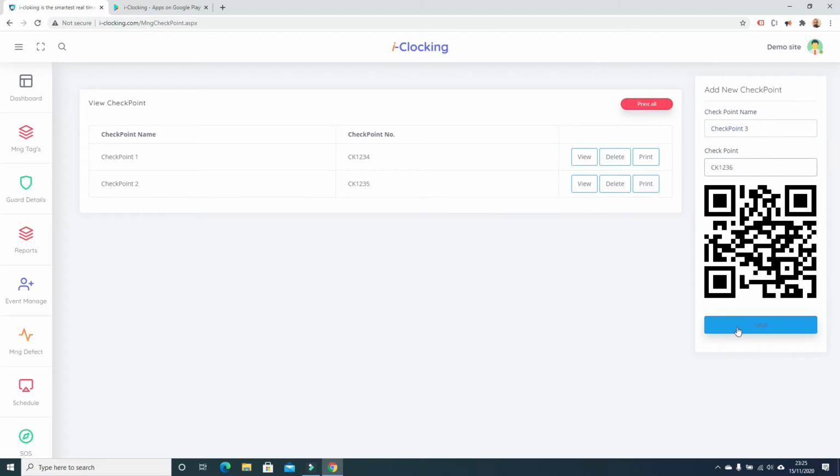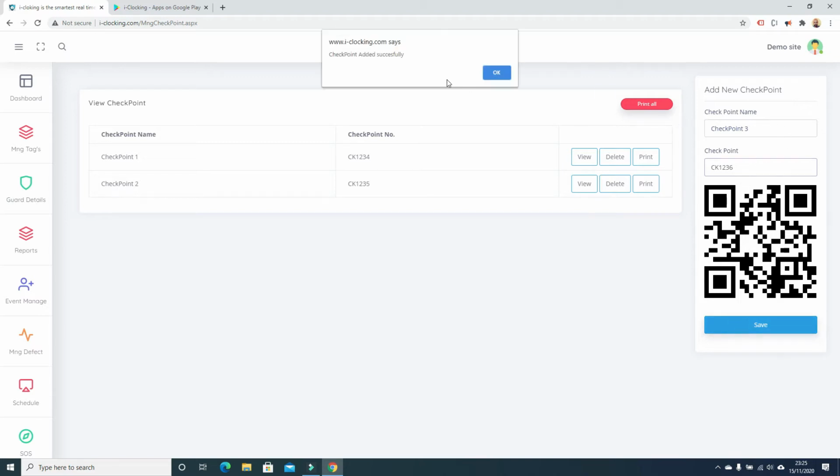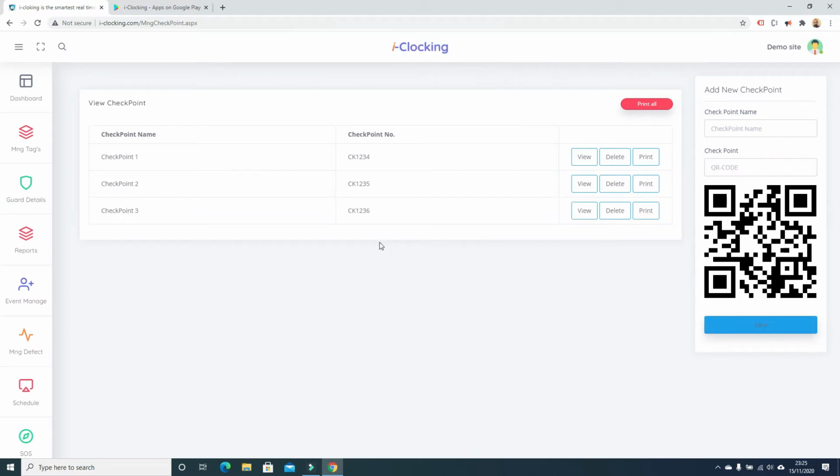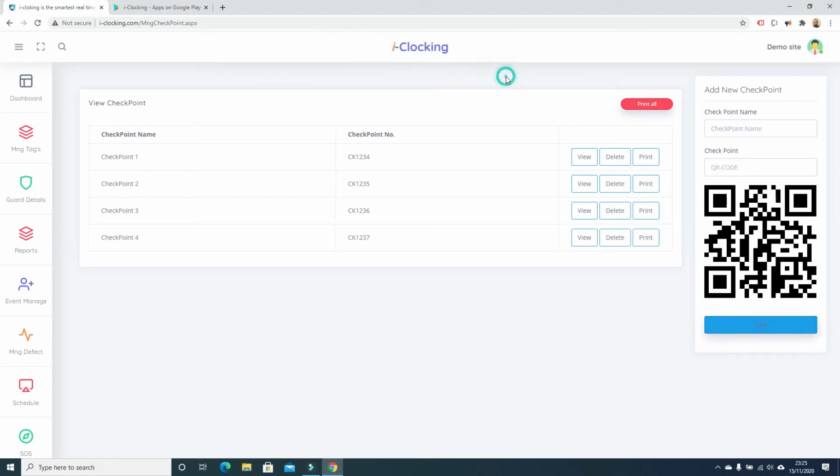Any number, I can directly click save, so it will automatically generate a new one and save for me. Same thing, we create any one, click save. So now we have 4 checkpoints.